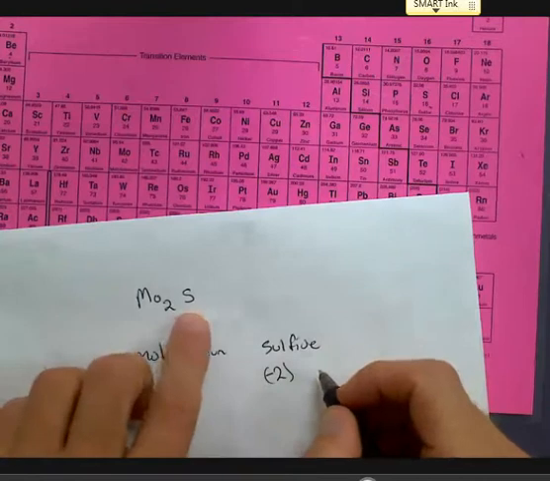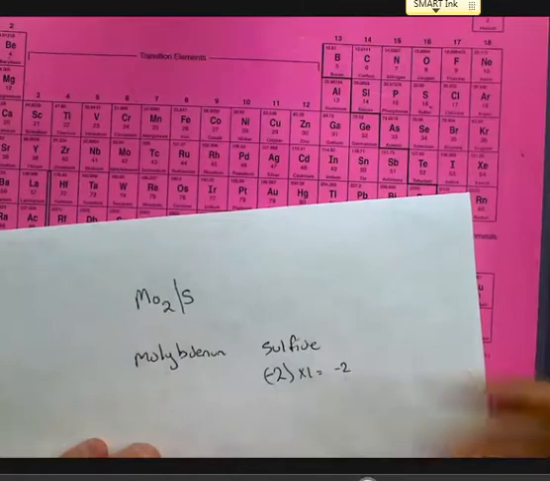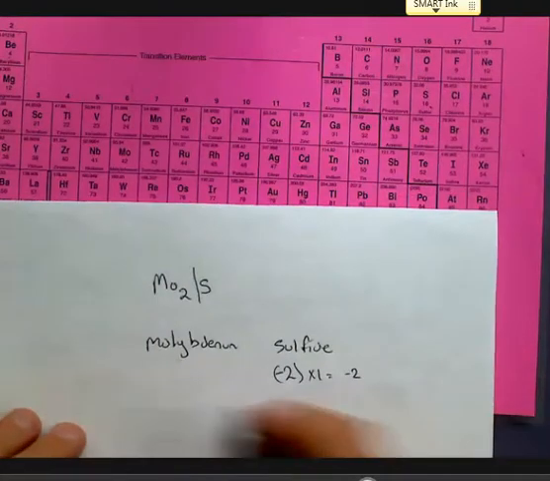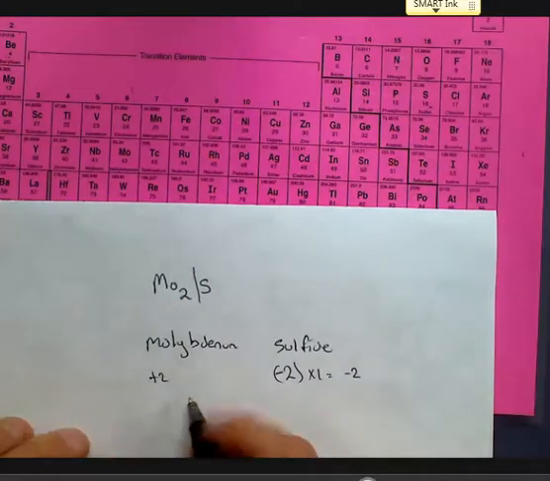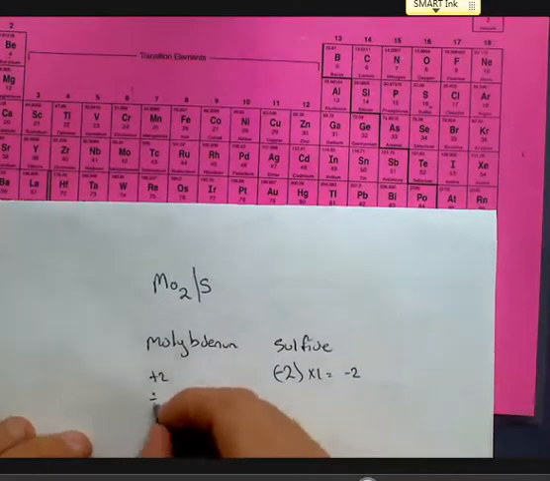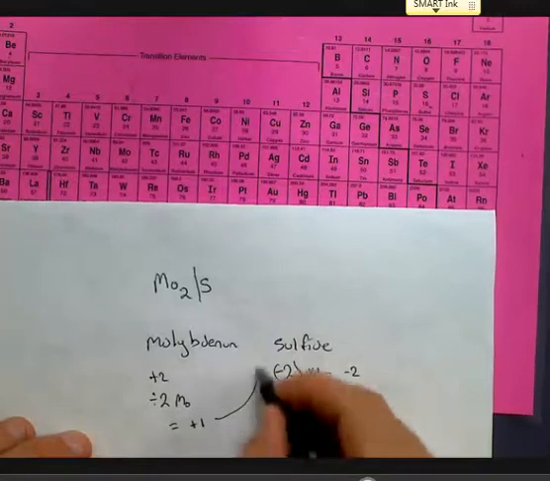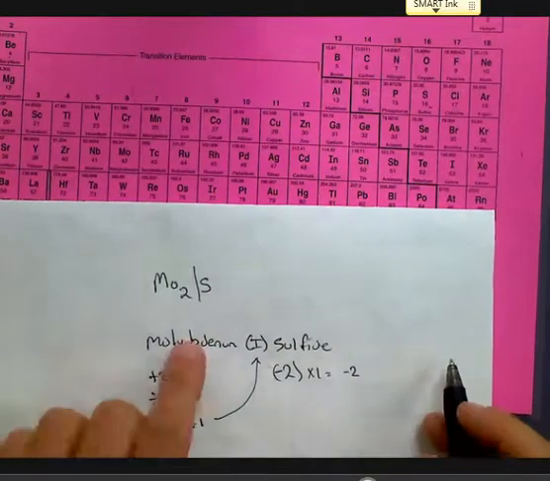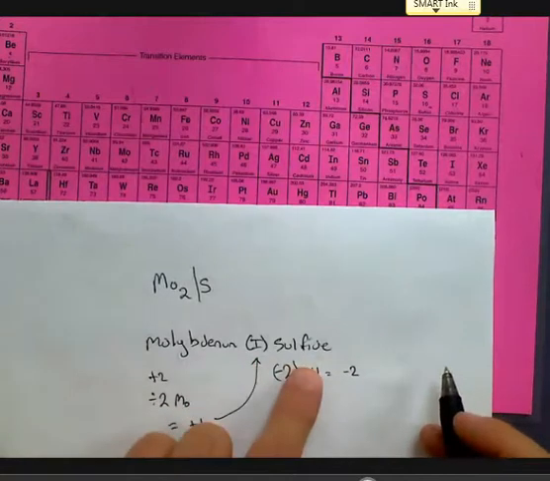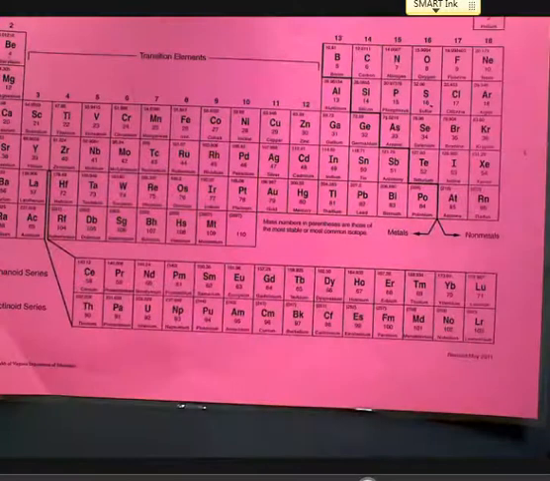Well, I only see 1 sulfur here, so my total negative charge is only -2. Total positive charge is +2, but I've got 2 molybdenums. I need to divvy this one up evenly. So I'm going to divide by my 2 molybdenums, and I'm going to get a charge of +1. That means that each one of these molybdenums has a charge of only +1. This would be molybdenum 1 sulfide. Okay, so that being said,